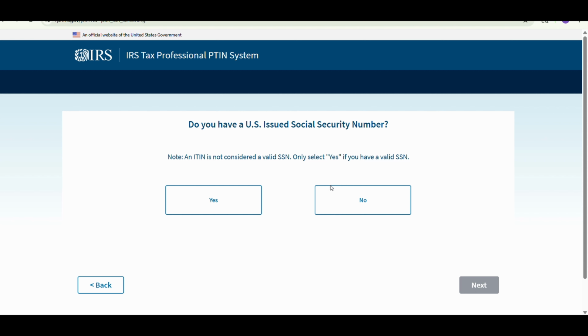and click the no if you don't have valid SSN, meaning social security number. If you have SSN, click the yes. If you don't have SSN, click the no. If you have ITIN, click the no, because ITIN is not considered a valid SSN. So if you don't have SSN, click the no simply and click the next